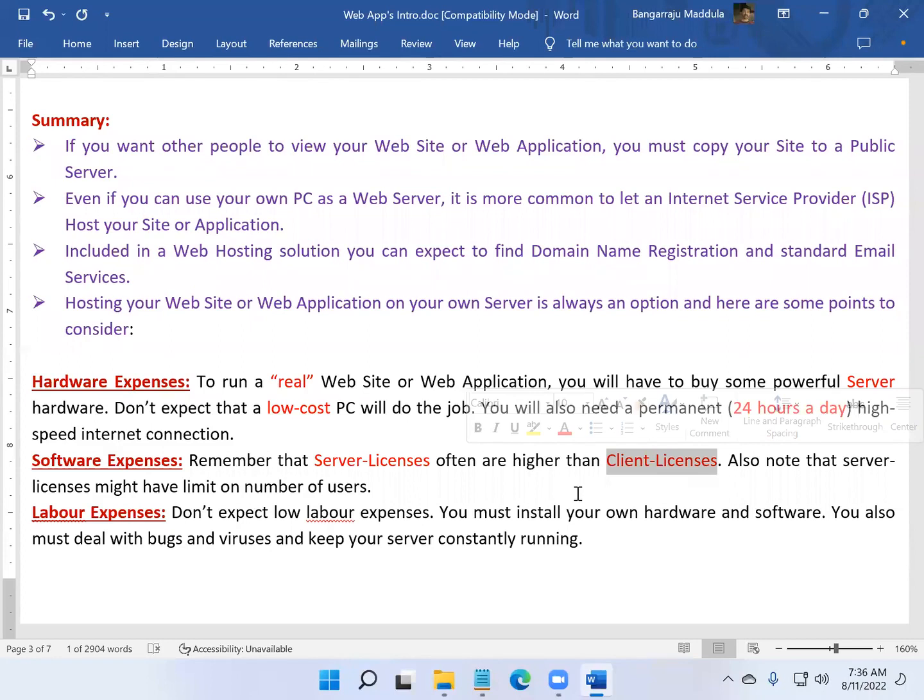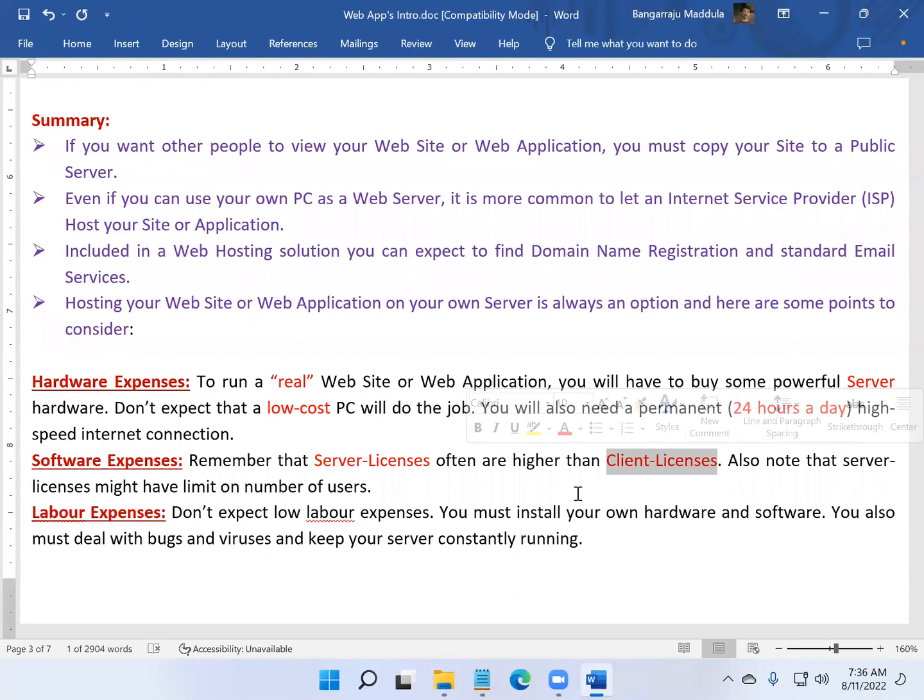You require a standard or an enterprise edition for building the applications. They are licensed. You need to purchase them. Antivirus software is there too. You need a licensed antivirus software on your machine. So you need to purchase all these things.